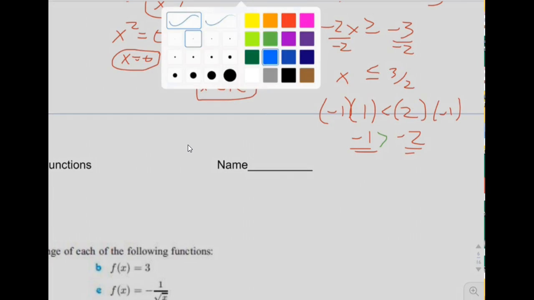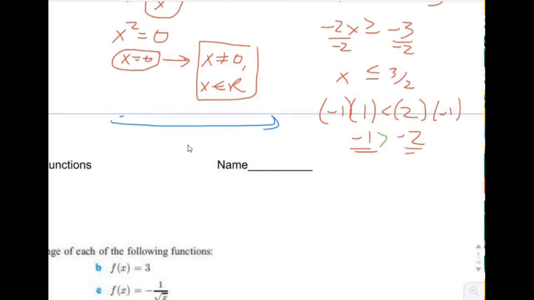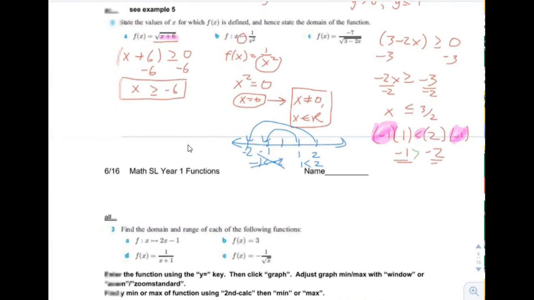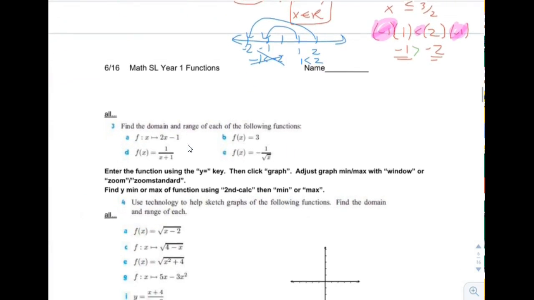And if you look at a number line, you can kind of see why that's true. If you have a number line with 1 and 2, and then you multiply both by a negative, basically you're throwing them on the opposite side of the number line. Do you see how you had 1 less than 2, you can no longer say -1 is less than -2, because now they're reversed on the number line. So keep that in mind. Whenever you multiply by a negative number on both sides, you're going to have to reverse the inequality. And I have a poster at the back of the room which says that. Okay, that's it for this